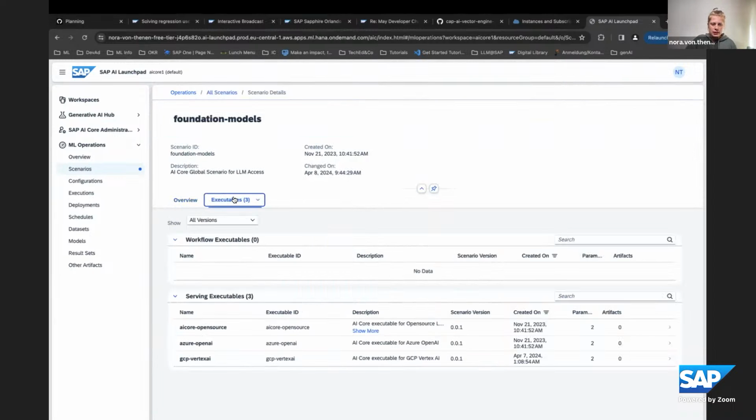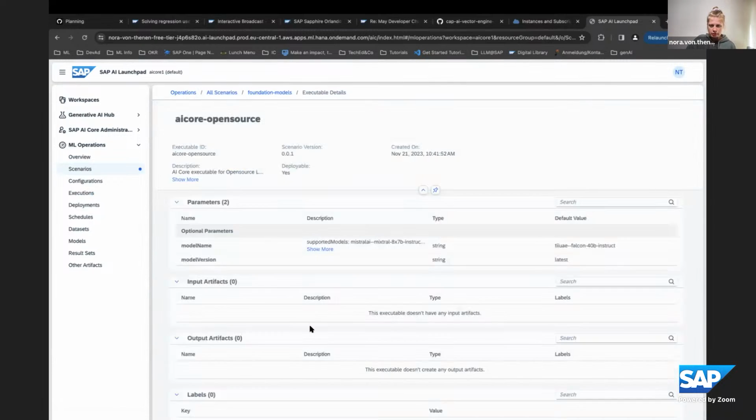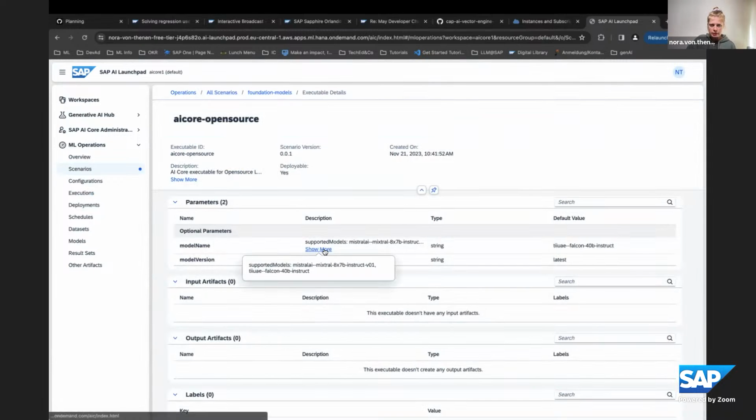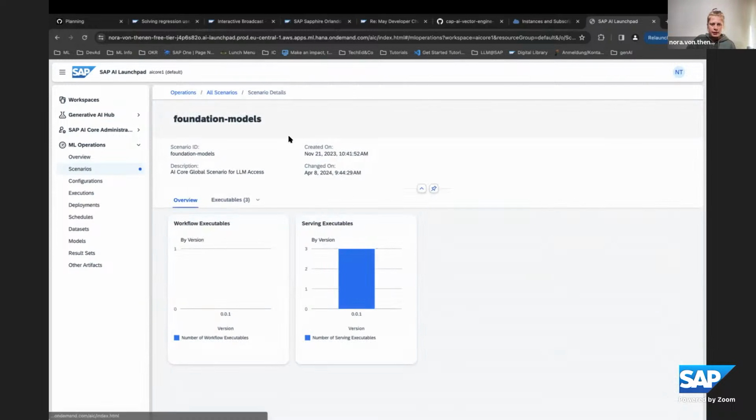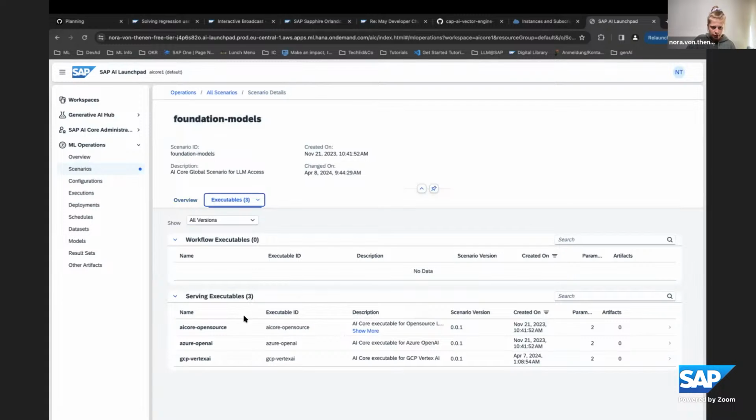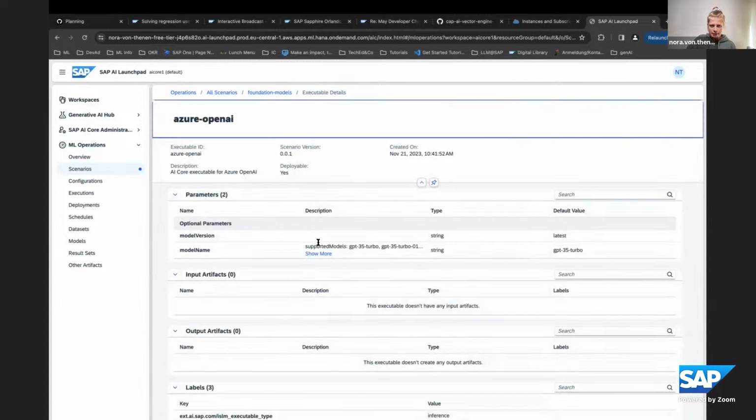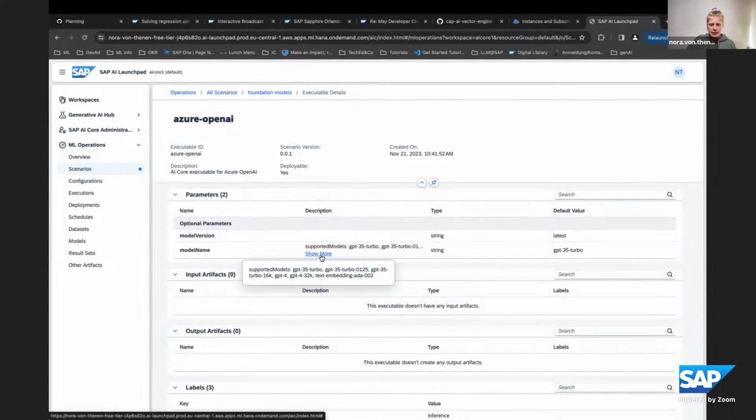And in here, we see what models are available. So we have the open source models that SAP deploys for you. Here you can see we have the Mistral model and the Falcon model right now. Then we have the Azure OpenAI models, which we will be using today. And what you see here is that we have the GPT 3.5 Turbo model, the GPT-4 model, and also the